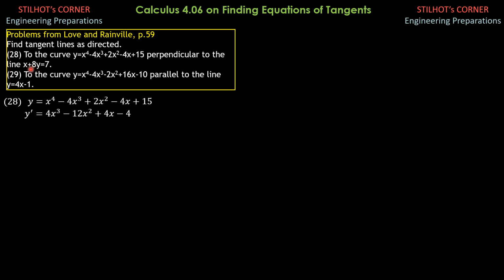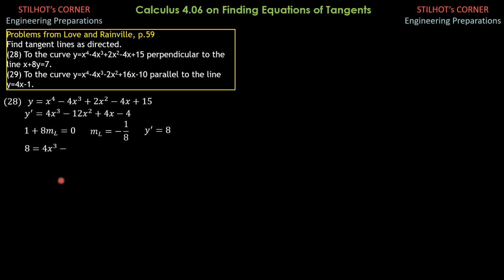The slope of the line, by differentiation, is 1 plus 8 times the slope of the line equals 0. So the slope of the line is negative 1/8. Since the tangent lines are perpendicular to this line here, the slope of the tangent line should be the negative reciprocal of the slope of this line. So the negative reciprocal of negative 1/8 is positive 8. y prime is 8, so we substitute y prime is 8 into this equation.